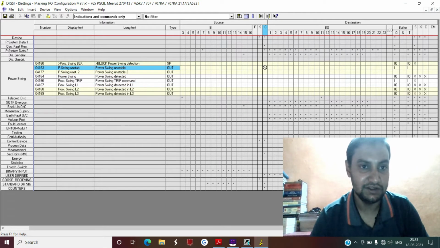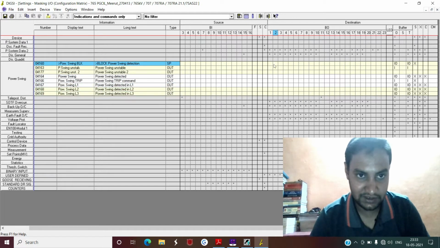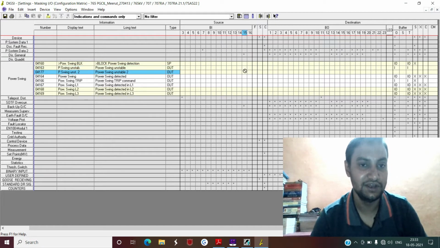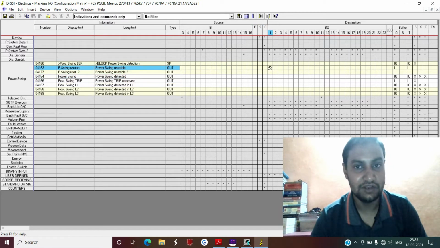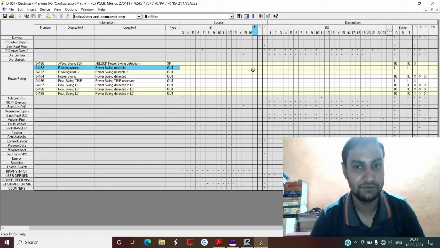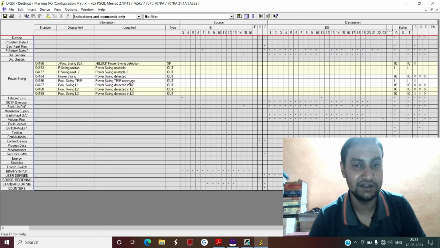If you see next, signals like power swing unstable and power swing unstable, two different types of power swing signals. These signals, apart from the first one, are basically generated by the 7SA522 relay, depending upon your settings and the system conditions, whether the power swing is unstable or whether it has to issue a power swing trip command or power swing detection. So you cannot make any of these signals high by using any logic made by you. But what you can do is make a logic for blocking of this power swing detection.